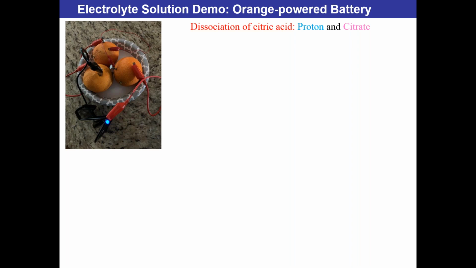So in this particular case, we're looking at citrus fruits because they have citric acid. Again, you know that citric acid is a carboxylic acid. It is a weak acid, but it does lead to dissociation. And under an acidic environment, meaning pH is really low, again, we'll talk more about pH in chapter 9, that's coming. But you can see that the acid dissociates, is what we call, into a proton and the citrate